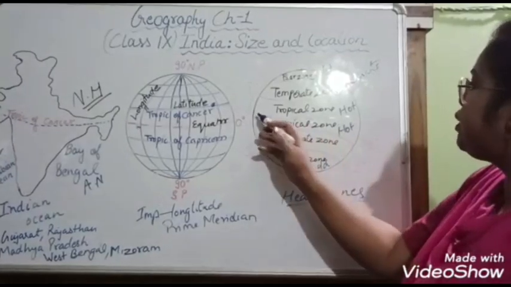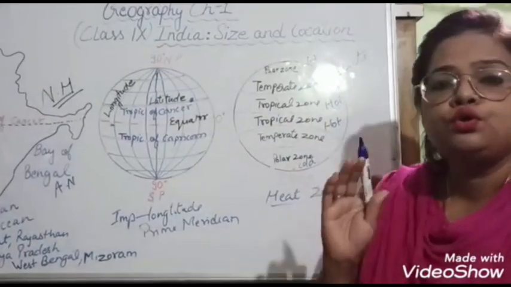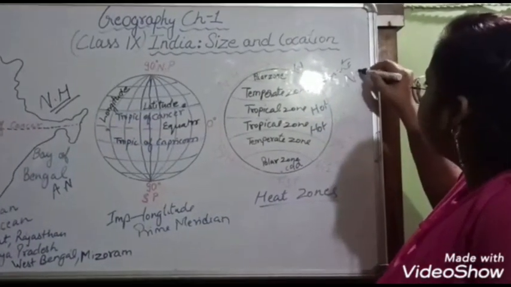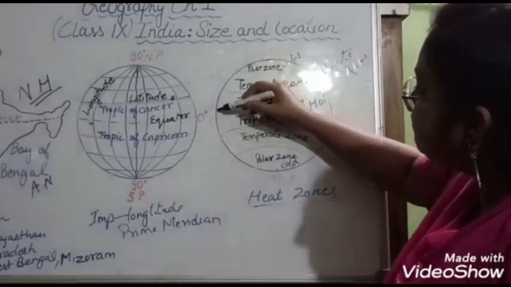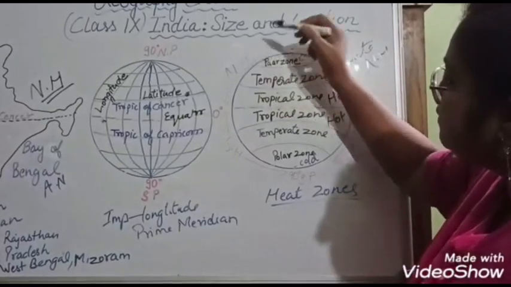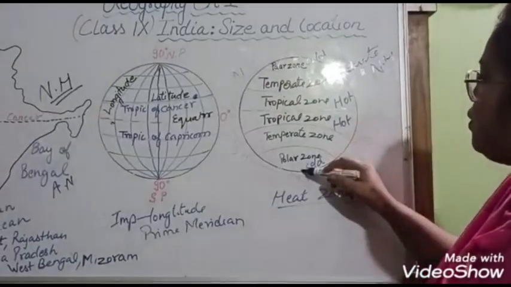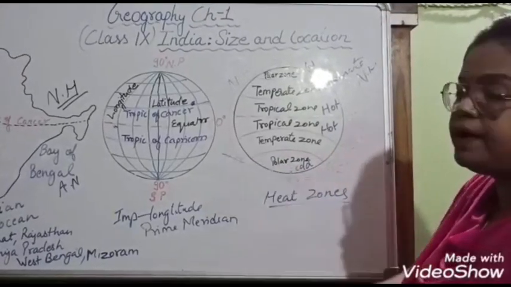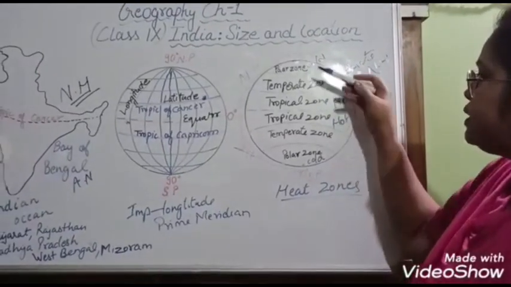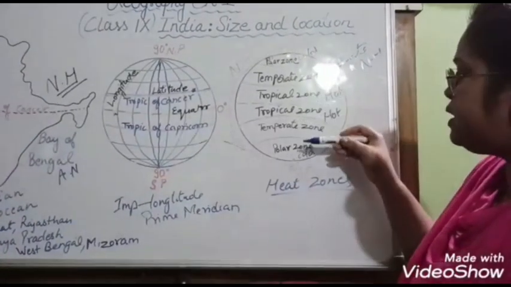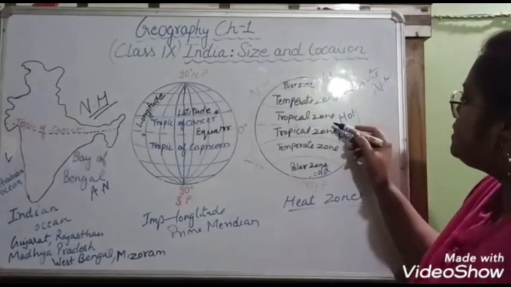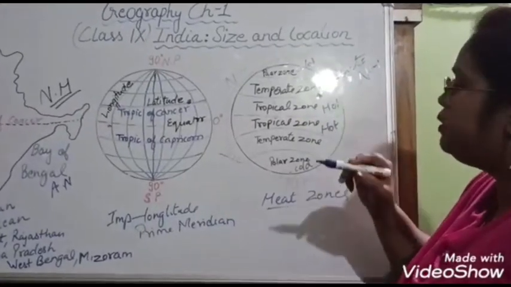So this is the equator, and this divides the earth into two equal parts. The first part is the northern hemisphere. You can see, from this equator to the north pole is the northern hemisphere, and from the equator to the south pole it is called the southern hemisphere. So the two equal parts are the northern hemisphere and the southern hemisphere. Towards the north pole from the equator, northern hemisphere, and to the south from the equator, southern hemisphere. And our India lies over here in the world.